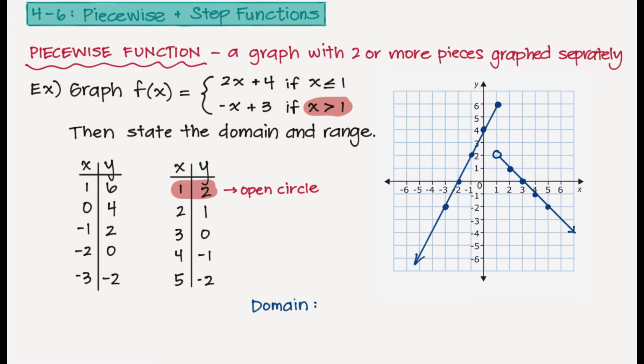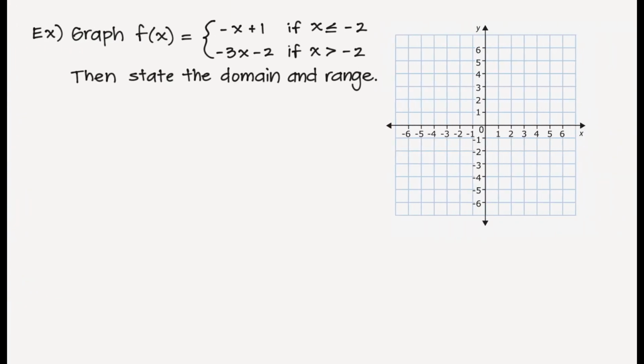If I'm going to describe the domain, I can say that it is all real numbers. I could pick any number that I wanted for the x value. But for the range, there is a limit. The highest y value is at 6, so I would say all the y values that are less than or equal to 6. Let's go ahead and graph another piecewise function when f of x is equal to negative x